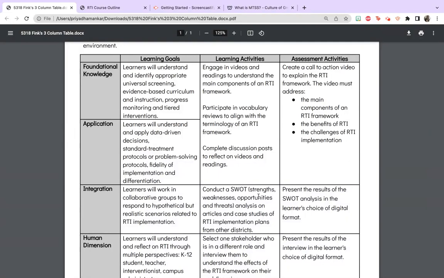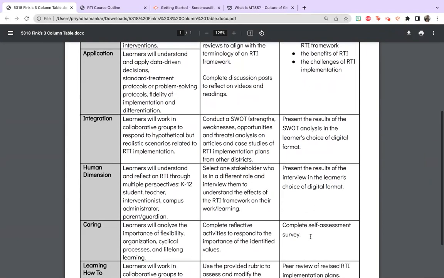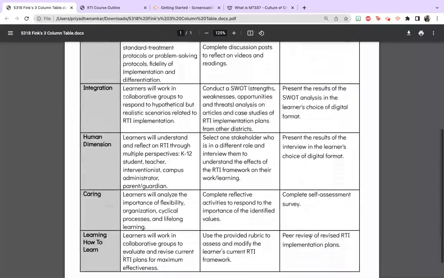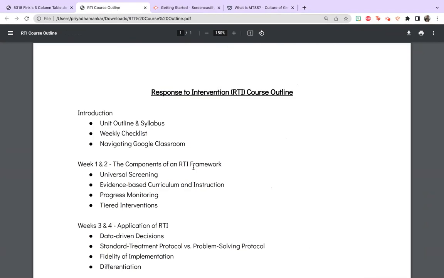So I've incorporated a call to action video, a SWOT analysis, and an equal amount of independent work and collaborative work so that the learners are learning from each other, working together, getting a chance to share their perspective, learn from others' perspectives, and be able to come to a consensus on all of this information. My goal is for this course to take place over 9 weeks.